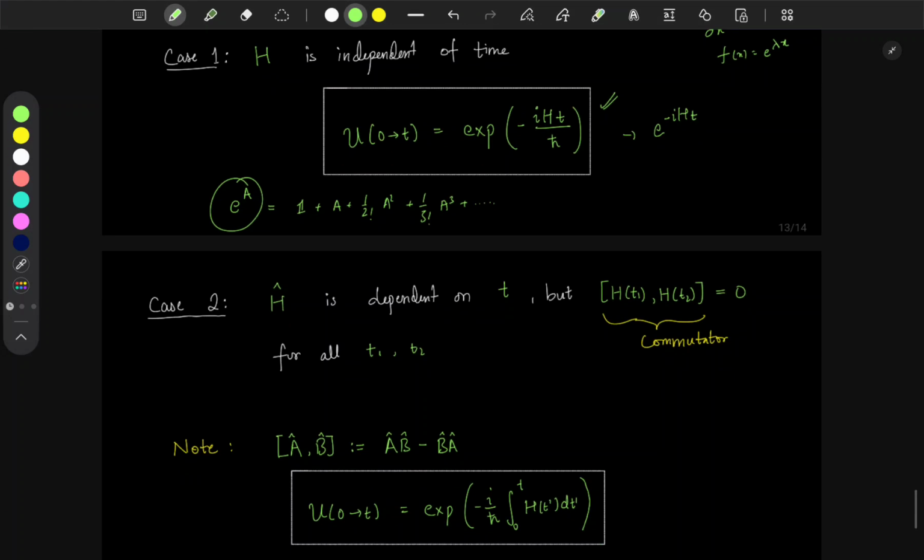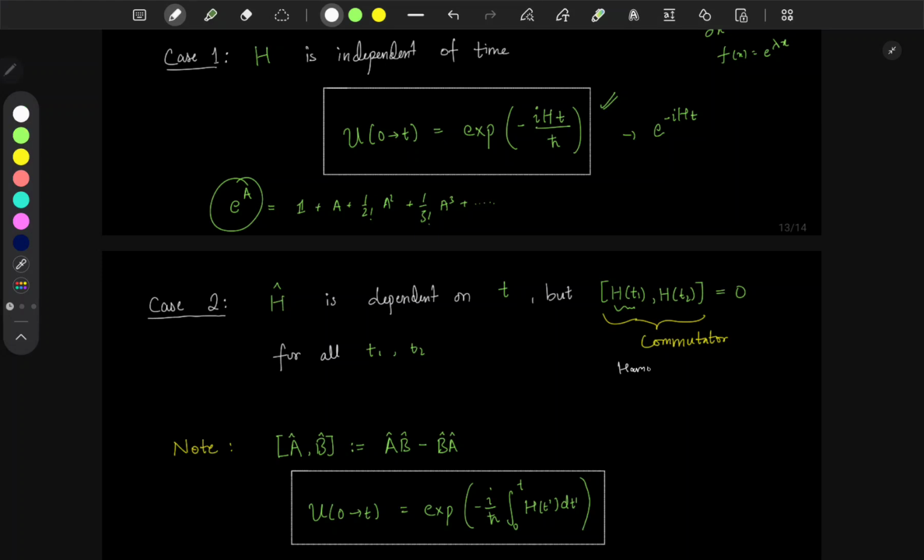Now the next case would obviously be time dependent, but there is a twist: the Hamiltonian commutes at different times. What does it mean that it commutes at different times? Since H is time dependent, you can write it as H(t), and H(t1) and H(t2), the commutator of these two is equal to 0. This is what we mean when we say